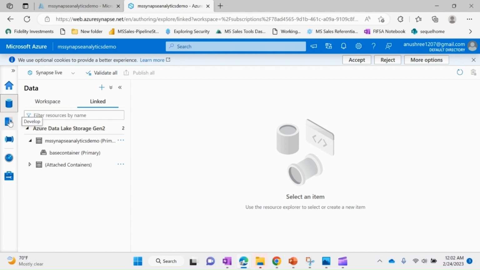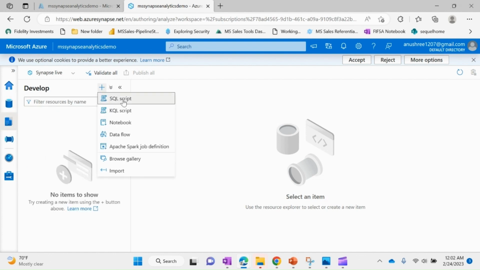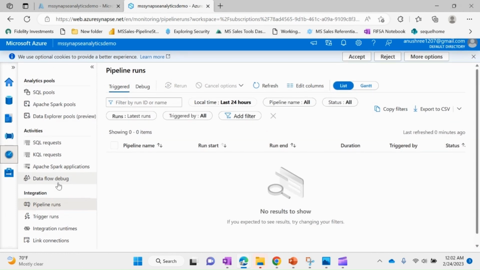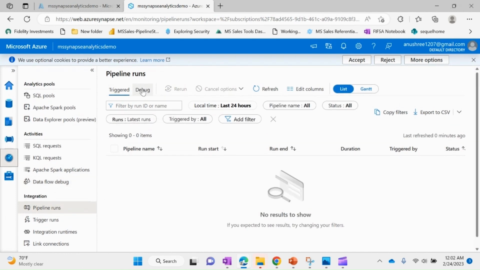Next, there's a develop section. In the develop section, we can create different sorts of scripts and write code. And next is the integrate section. In the integrate section, we can create pipelines to load data from different data sources and bring the data into the Synapse workspace. In monitor, you can monitor